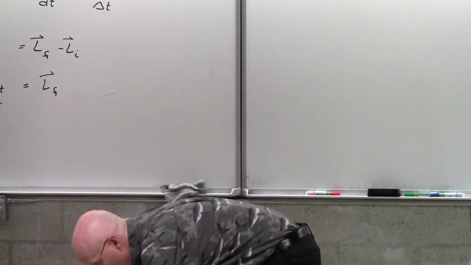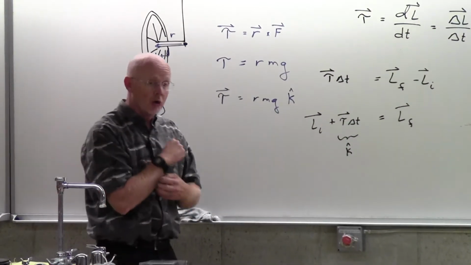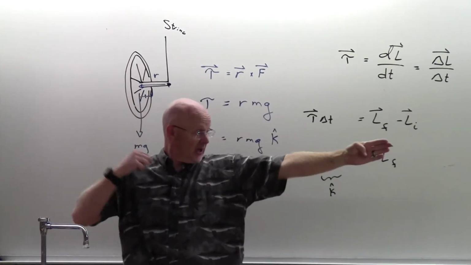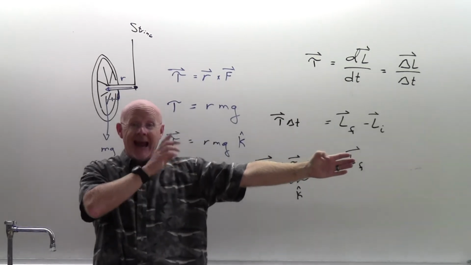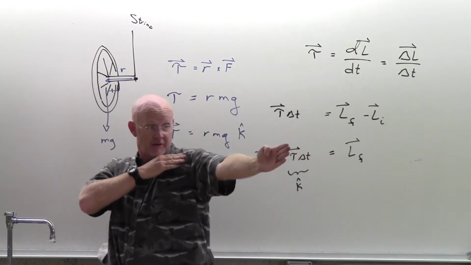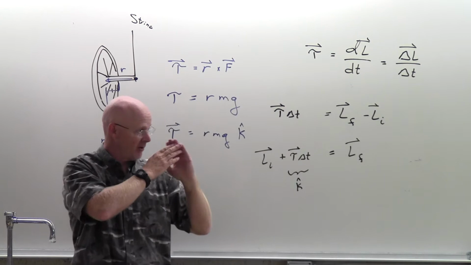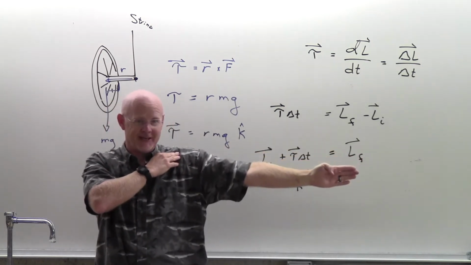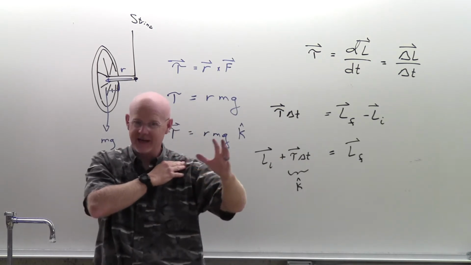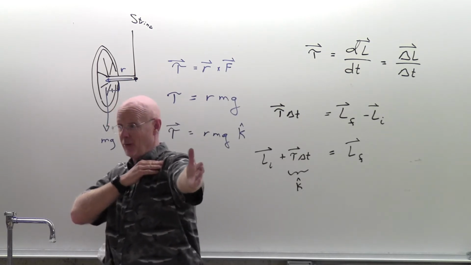So, like I said, this is getting a little bit beyond where we're going to stop here, but I'm saying the initial is in the x direction, and I add to it a small piece in the z direction. And so the vector goes from pointing that way to pointing that way. So it doesn't rotate around the z-axis, it precesses around the